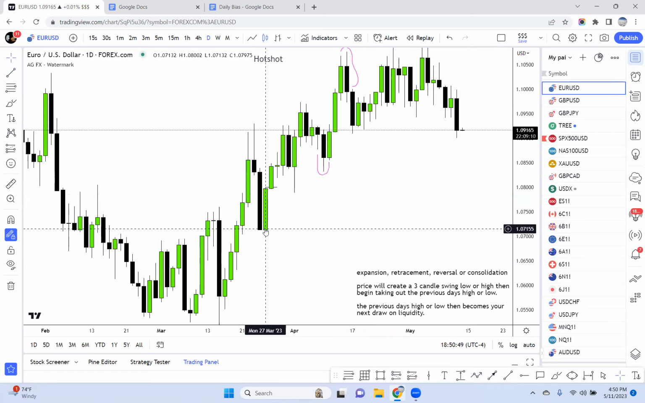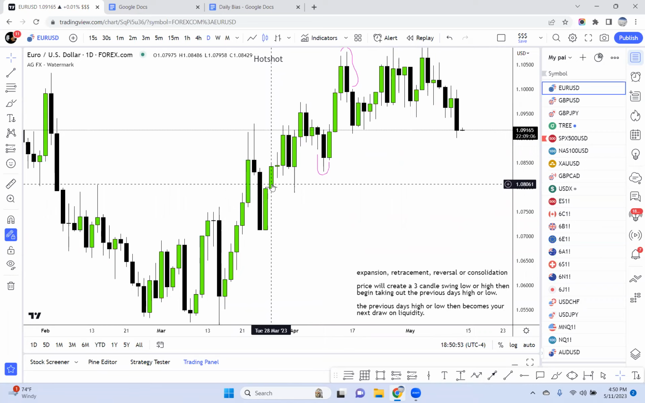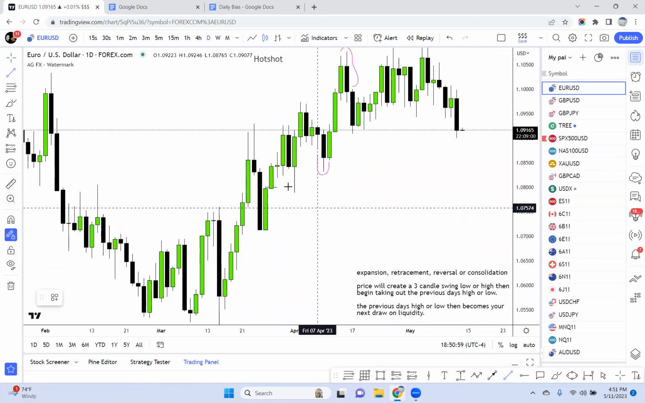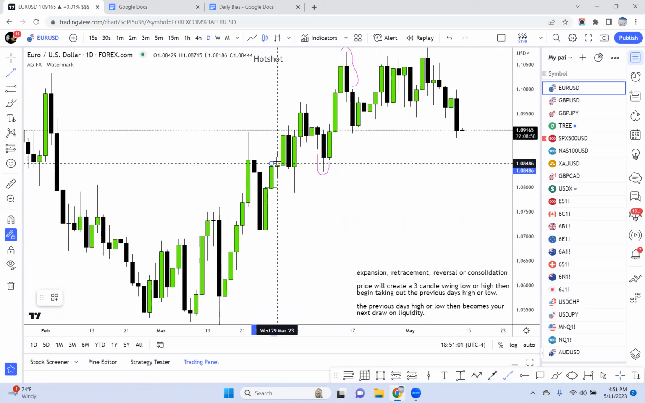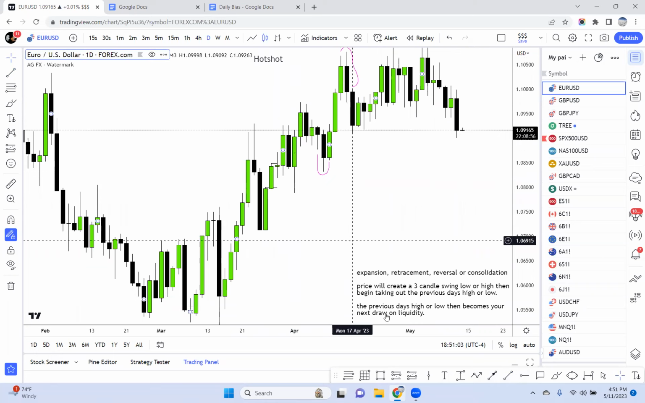So this candle closed, created the three candle swing low. So this day you can anticipate this high to be taken out, and you can see that it did that. And this right here is where you can use ICT's power of three,